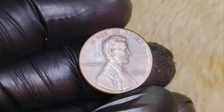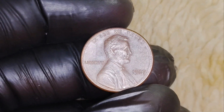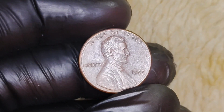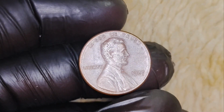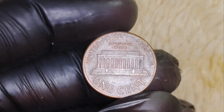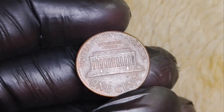Once your coin is certified, you can choose to either hold onto it as a long-term investment or sell it. If you decide to sell, there are several avenues you can explore, including online auctions, coin dealers, or even private collectors. Be sure to do your research and work with reputable buyers to ensure you get the best price for